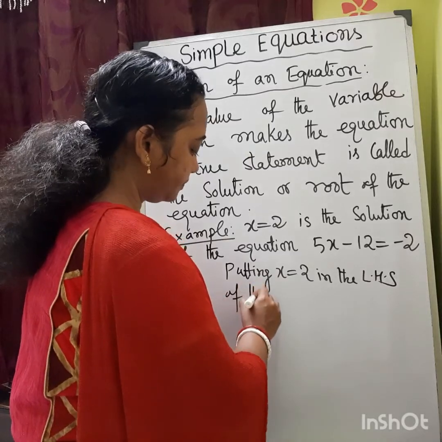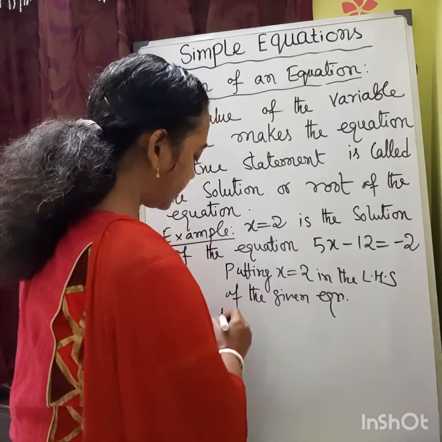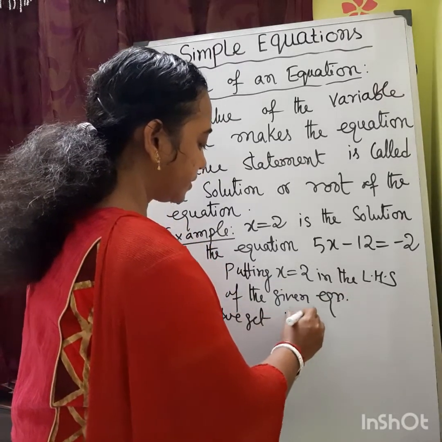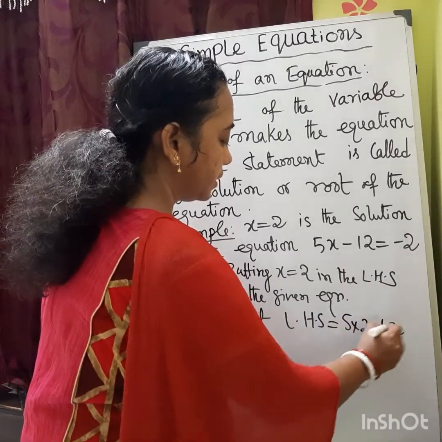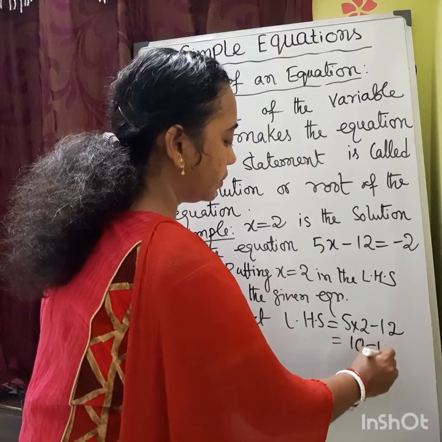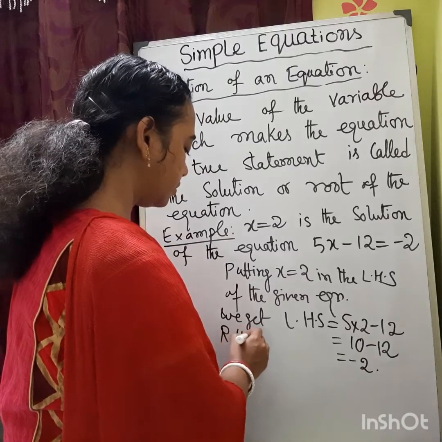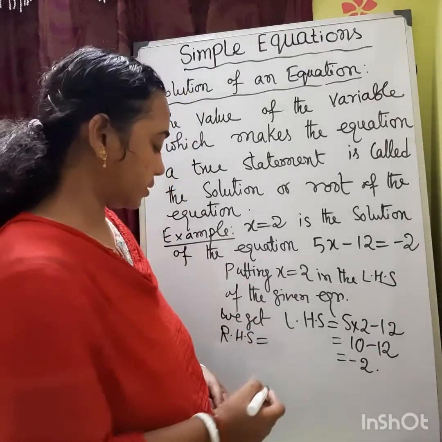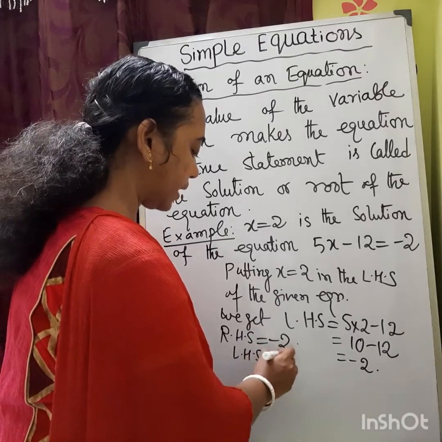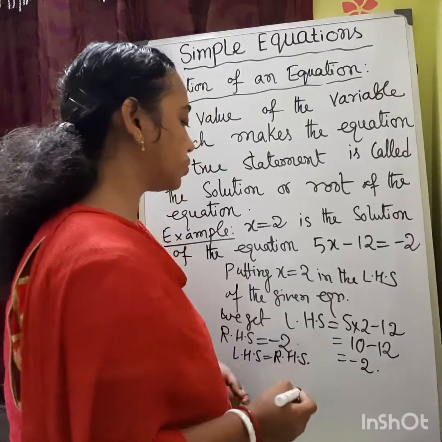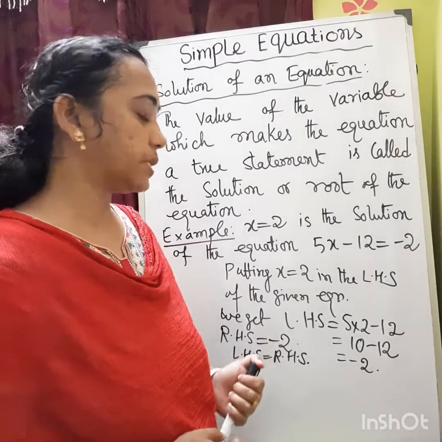of the given equation. We get left hand side is equal to 5 multiplied by 2 minus 12, that is equal to 10 minus 12. It is coming here as minus 2, and the right hand side is also a constant term, that is minus 2. So as the left hand side is equal to the right hand side, we can say that x equal to 2 is satisfying the given equation, or in other words, x equal to 2 is the solution